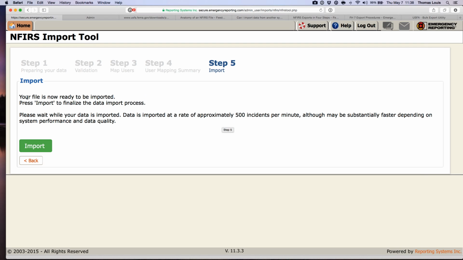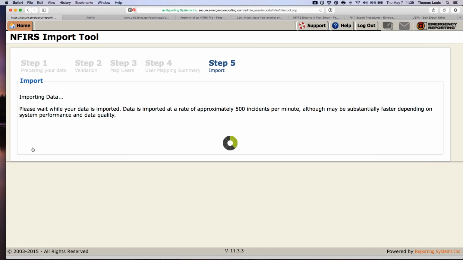Okay, your file is now ready to be imported. So we've done the validation process, we've mapped personnel, and then I'm going to click import. What this step does, and this is why we mentioned earlier to chunk your data, is the import tool does it fast, but if you have thousands, or 10, 20, 30,000 incidents, it's smart to break it down. So I'm going to click import,